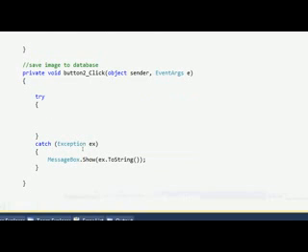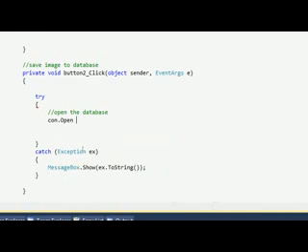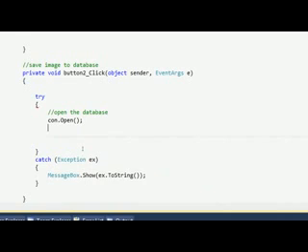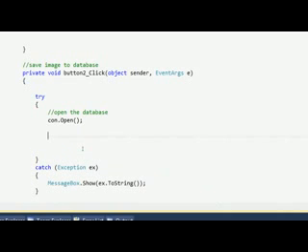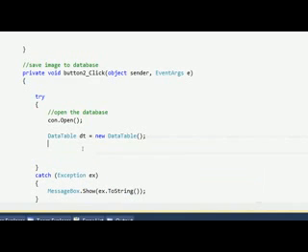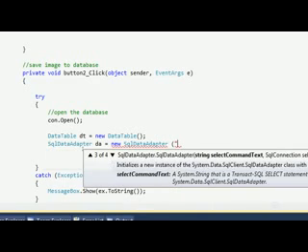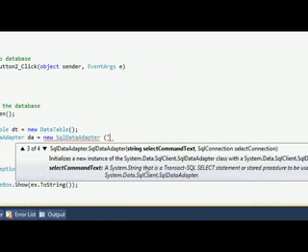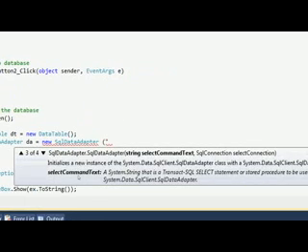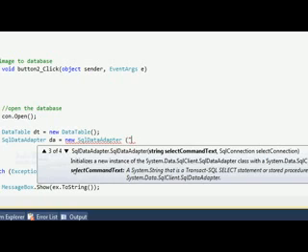For the coding, since we are going to update the database, we need to open the database. So open the database, con.open. Data table dt is equals to new data table. SQL data adapter da. Here are the parameters, SQL command text and the SQL connection. So the SQL command text at the SQL data adapter,